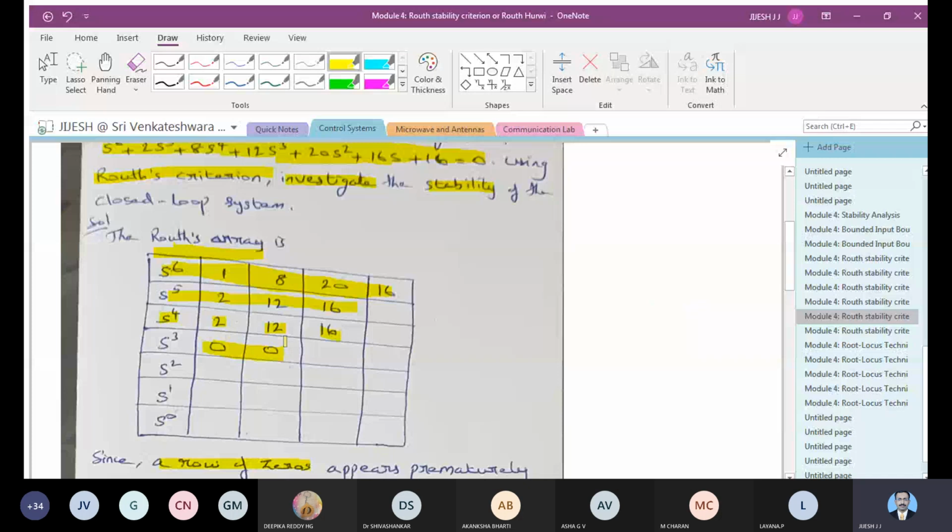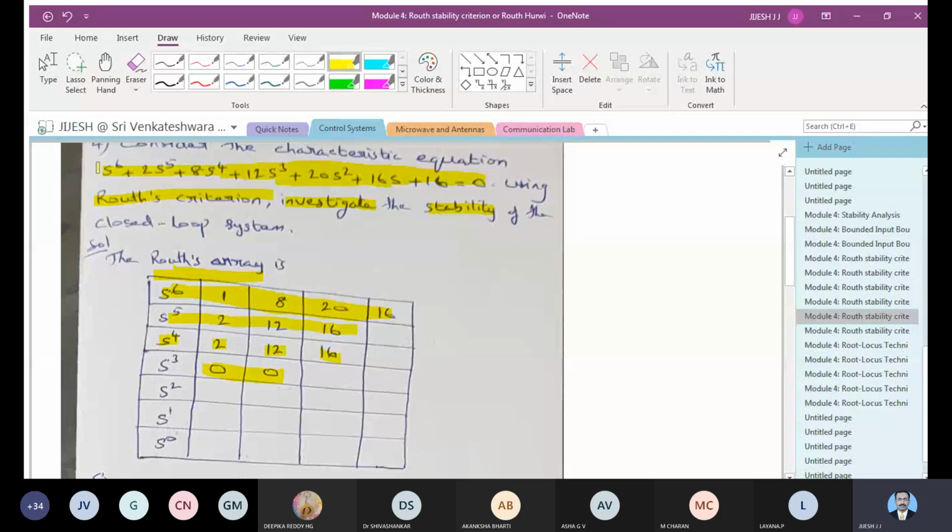So here you can see that we have ended up with the coefficient 0. The entire row becomes 0. So how to write that equation? Here the coefficients are s to the power of 6, 2s raised to 5 plus 8s raised to 4, etc. So we have written the coefficients in this form: 1, then down to that 2, then 8 and down to that 12. Similarly, when you are writing the equation, it is the reverse process of that.